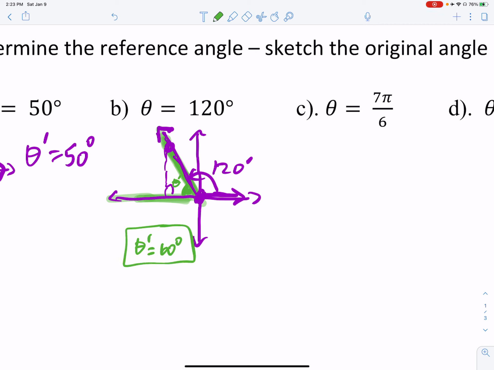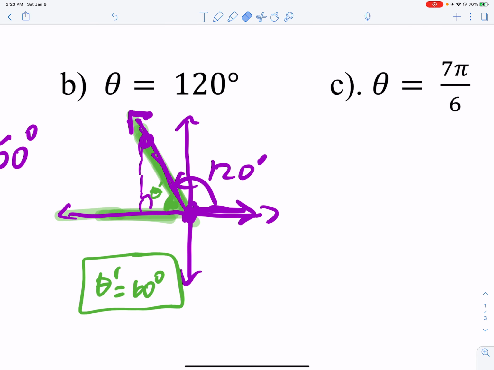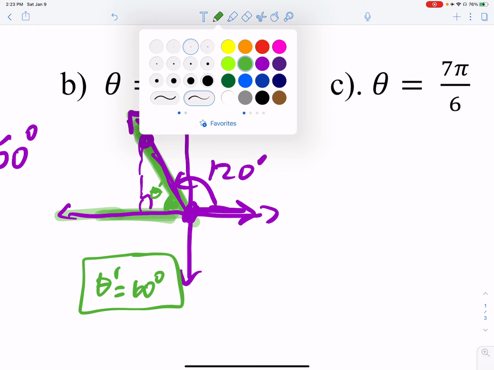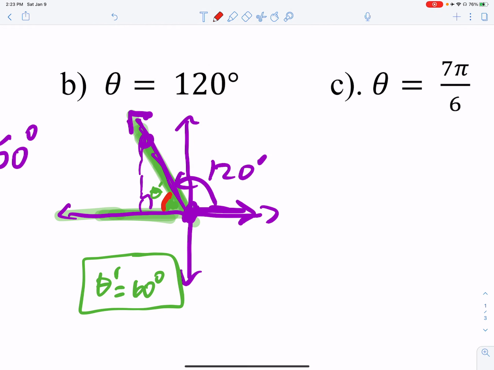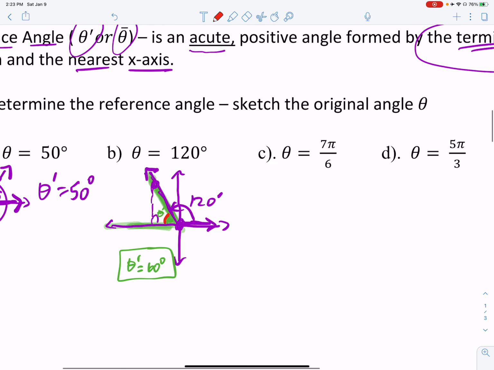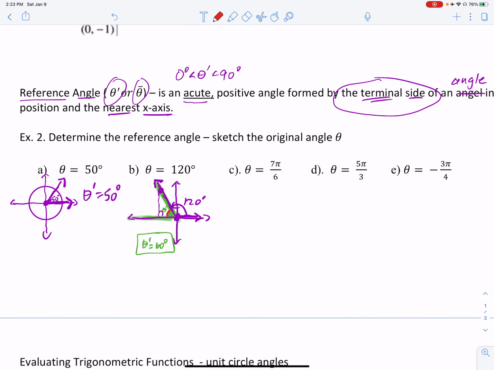So theta prime or theta bar. So once again, it is, oops. I can't seem to erase it, so I'm not going to. I'm just going to use a different color. It's this angle right there of the triangle when you drop an altitude to the nearest x-axis, and it's an acute positive angle. All right, so in part C,